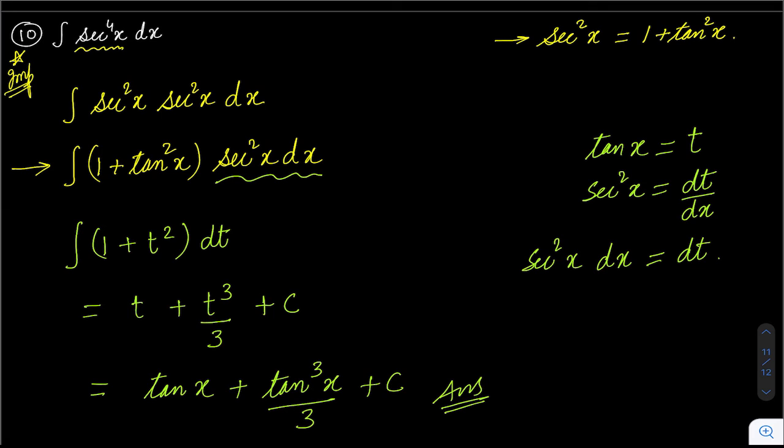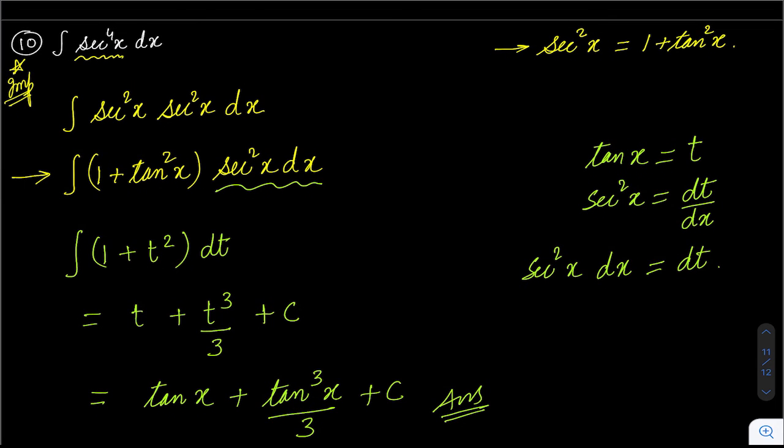I hope it's clear. So I have given you lots and lots of very different types of cases for substitution. If you understand them, then you can solve most of the questions in your textbook or your syllabus or your exams. A little bit of practice will be required. And similarly, now you understand if integration of secant power 4x is there, they can ask integration of cosecant power 4x also. So same thing. In that you will write cosecant square x as 1 plus cot square x and proceed.